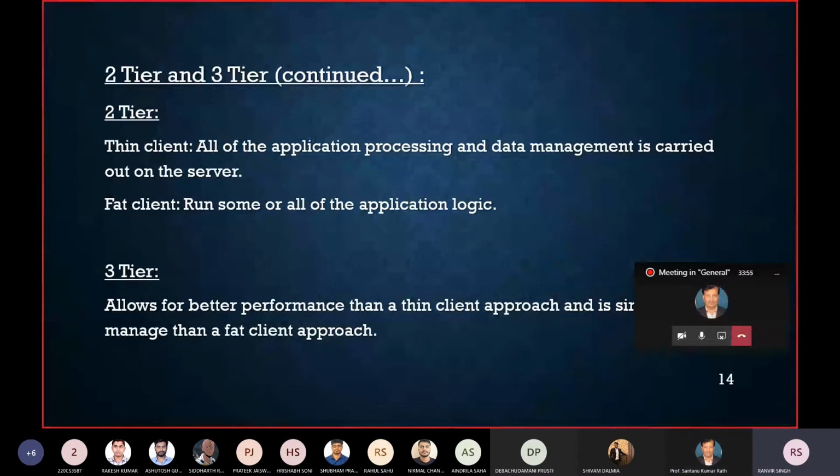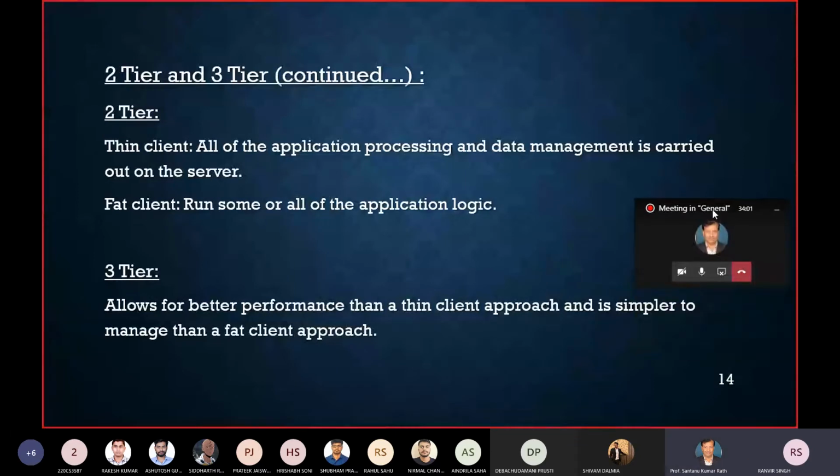And a fat client runs some or all of the application logic. It can run on its own. Three-tier allows for better performance than a thin client approach and is simpler to manage than a fat client approach.